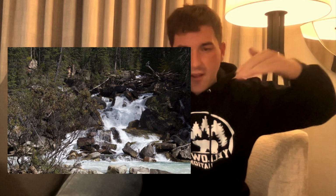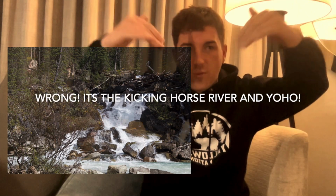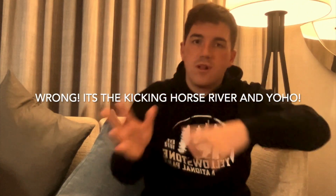Other trails around this area, including some viewpoints as well, such as the meeting of the waters, which is where the two rivers actually, I think it's the Bow and the Yoho, combine, and you can see where the two different waters meet in this big pool and then flow into a big...